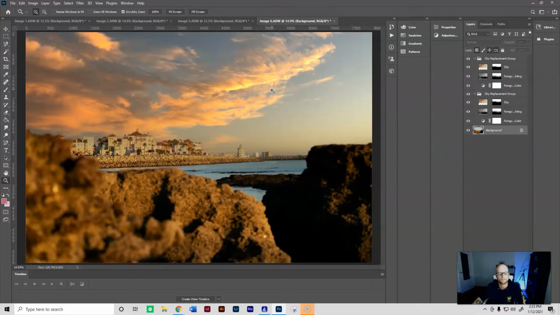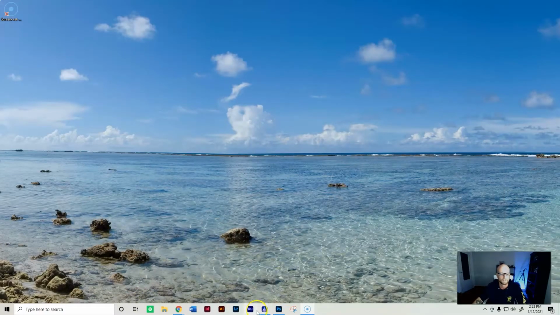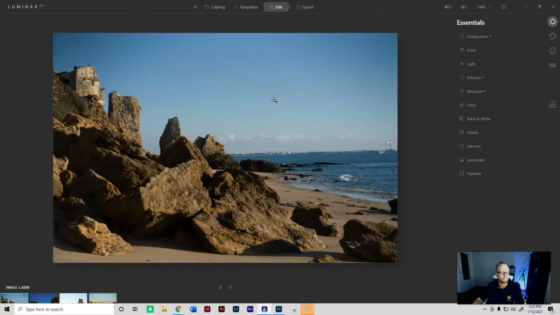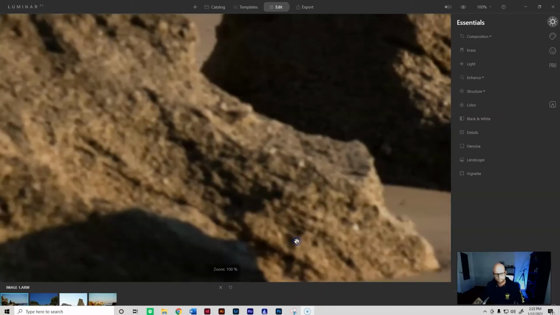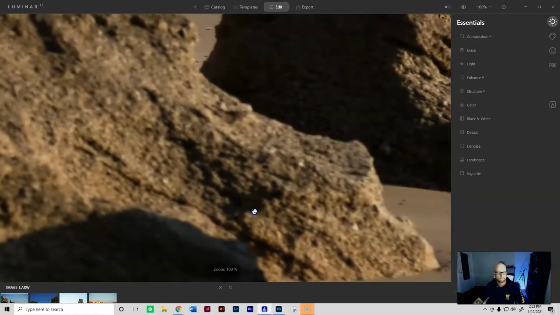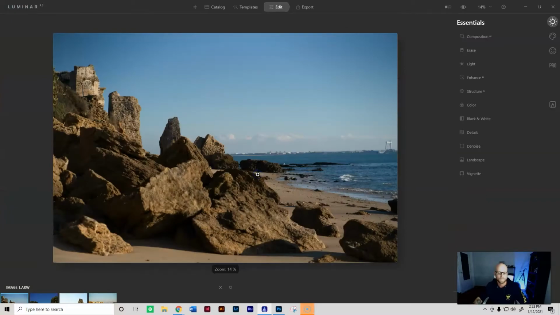All right, so that's Photoshop. It's pretty simple. It's pretty easy. So now let's take a look at the other program, which is Luminar. So here's Luminar AI. And you can see it up here. It's made by a company called Skylum, and the AI is using artificial intelligence, as I said before. Okay, so here's the first image. It's the same image as the one we were using before. Zoomed in on accident. All right, so for this image,